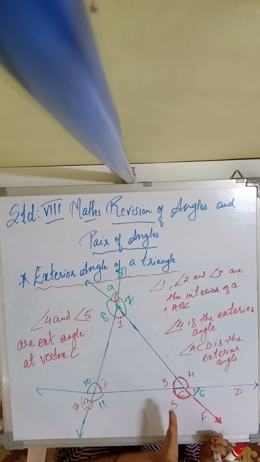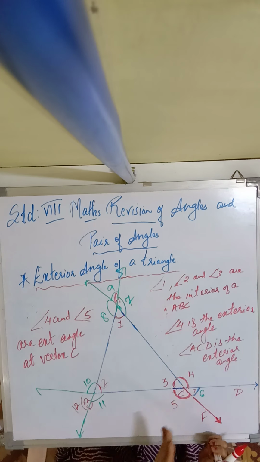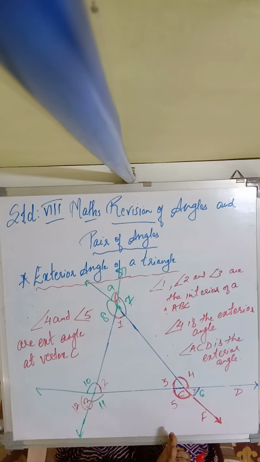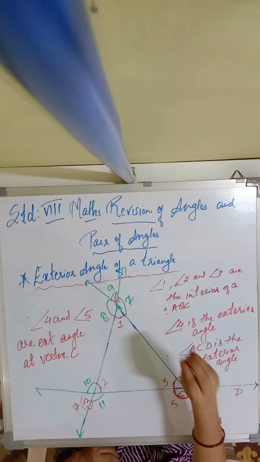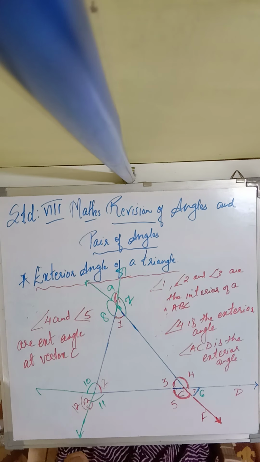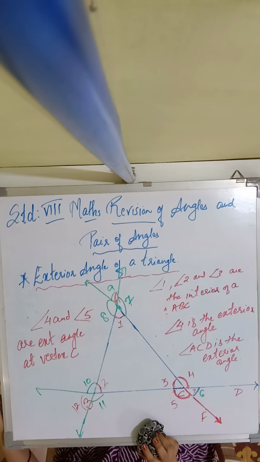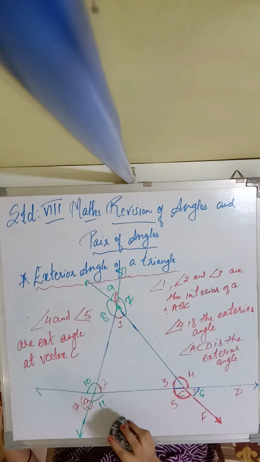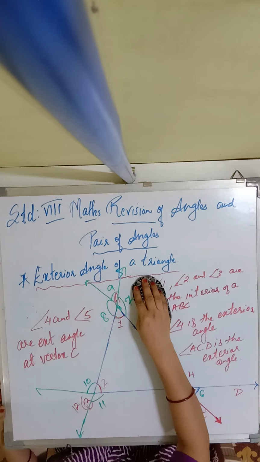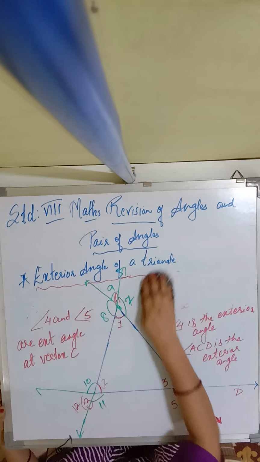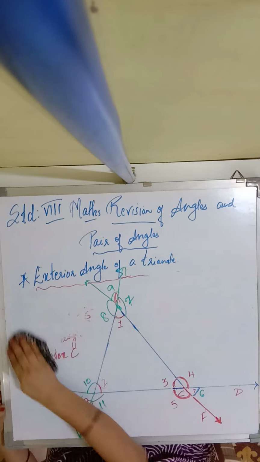Okay, the angle which lies outside the triangle is called the exterior angle of a triangle. Now here, students, you can copy this. You can draw this figure. I will be drawing and sending you the picture also in the form of notes. Now let us prove something based on this. I'll be writing and you will be writing.